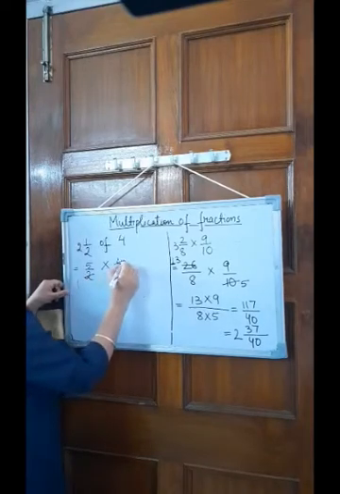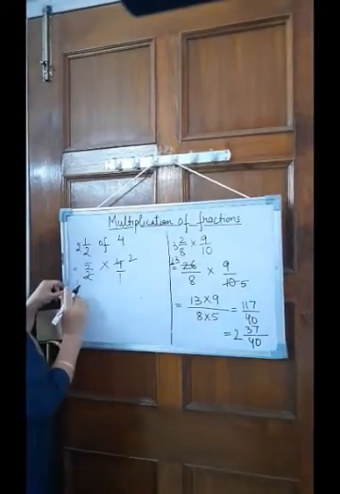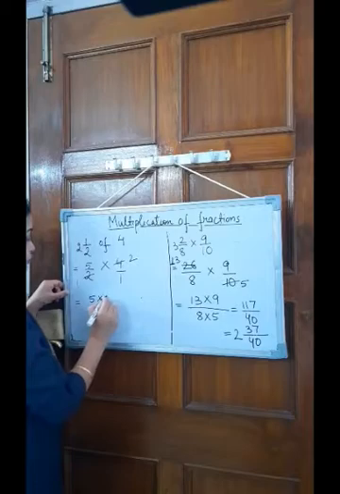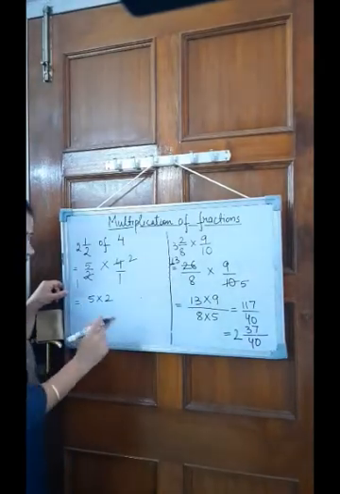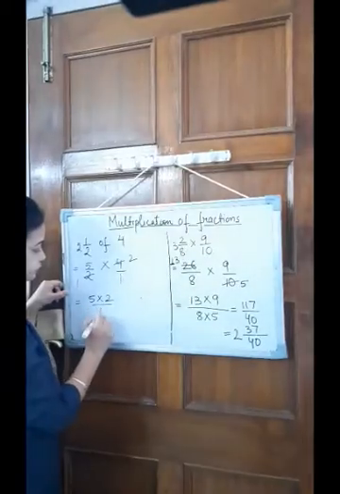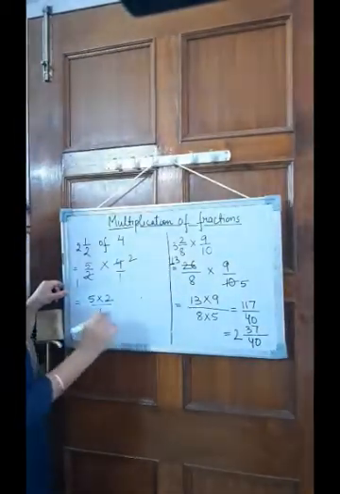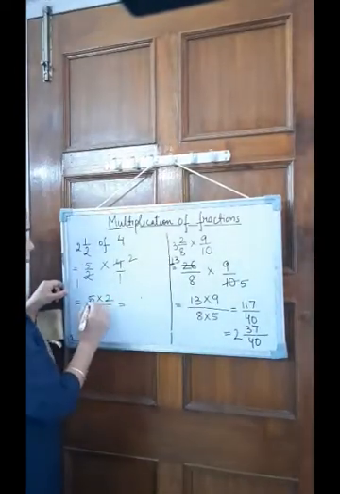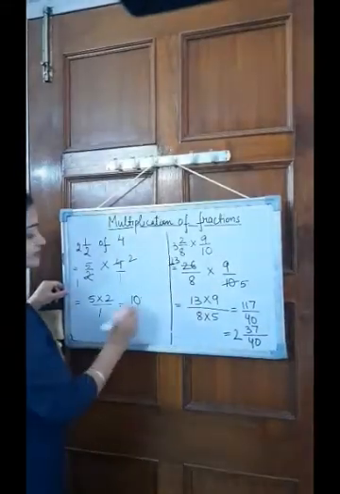So 1 and this is 2. So we have left with 5 and 2, and the denominator is 1 into 1. 1 into 1 is 1 and it is in the denominator. So it is up to you whether you want to write this 1 or not. It is not necessary that if the denominator is 1, you have to write it. So 5 into 2 is 10, and that is the answer.